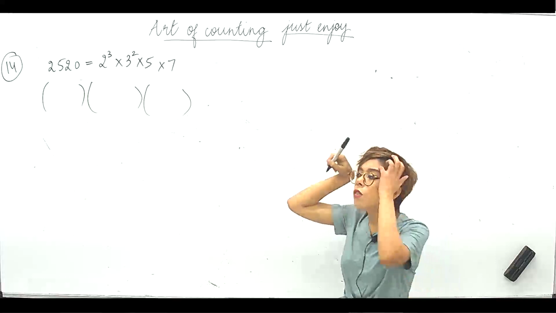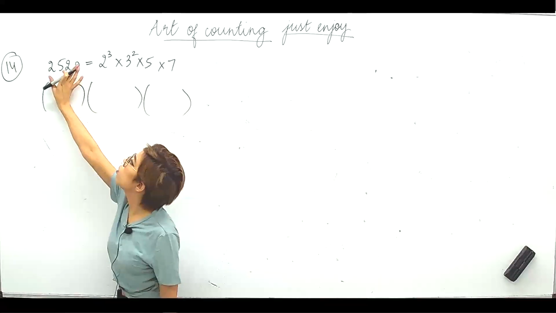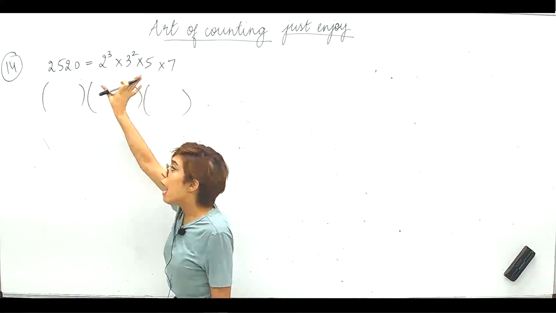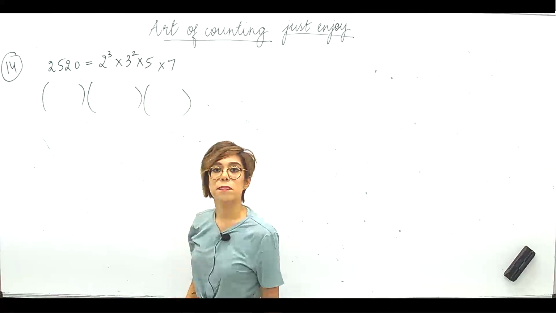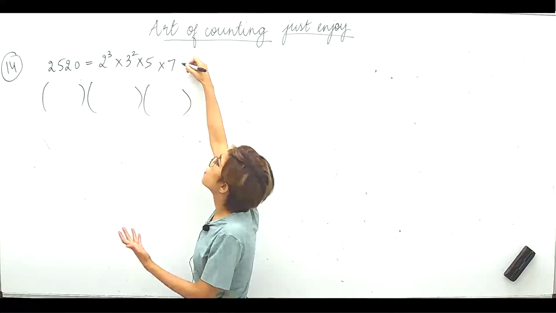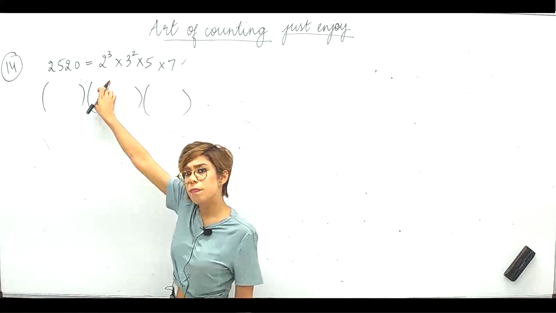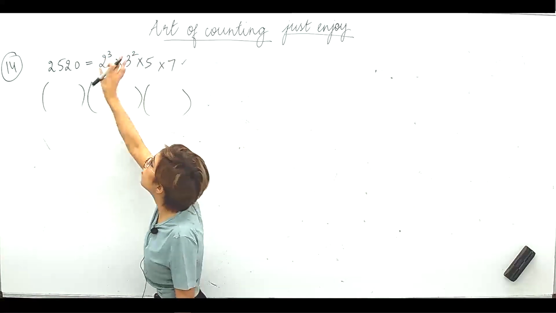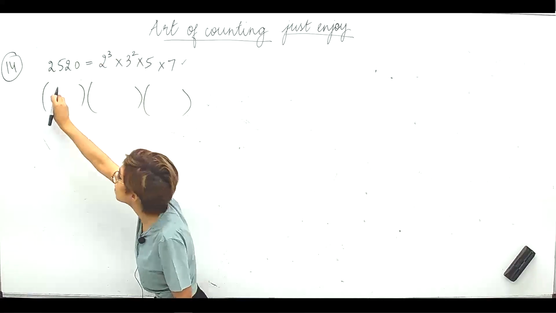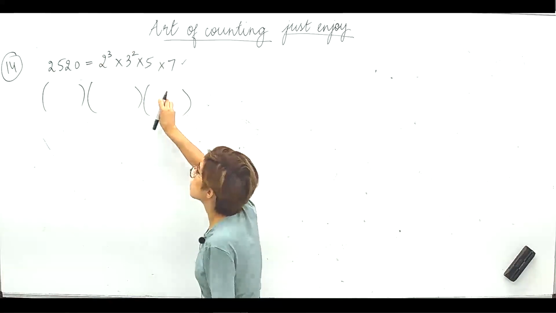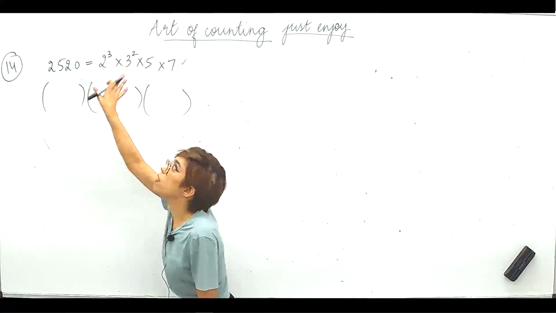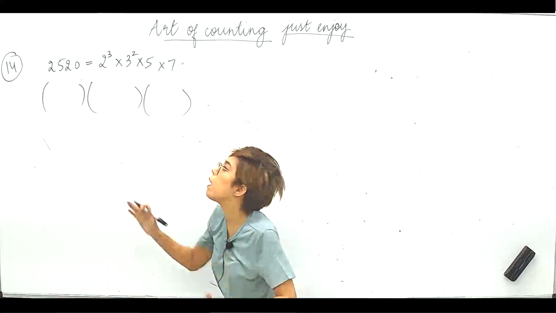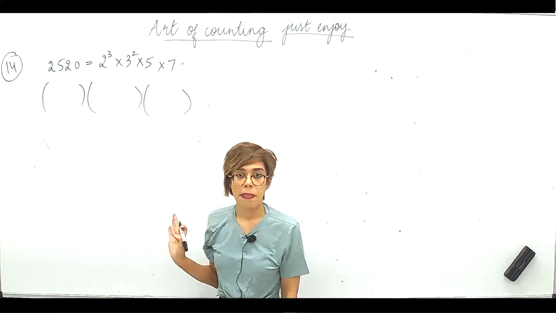Okay. So I have the prime factorization. Now I need to express this number, or I can say I need to express this product, as the product of three factors. All the factors can be ascertained from the prime factorization, right? So using these prime factors, I need to put some of these factors here, some of these factors here, and some of these factors here. And I obviously need to exhaust it. So you can't leave one factor, 7 को डालो ही मत कहीं पे. That cannot be the case. Product has to be equal to this number, right?